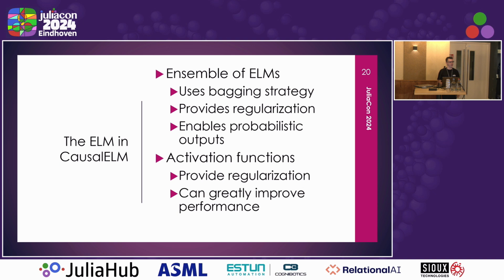So on that note, if you do run CausalELM and you get some estimate that looks pretty wonky, like you'll clearly be able to tell, don't panic. You're probably not wrong. Don't think you need to run some cross-validation and do a bunch of fancy things. It's likely the case that you can just try a different activation function and you'll get good predictions.